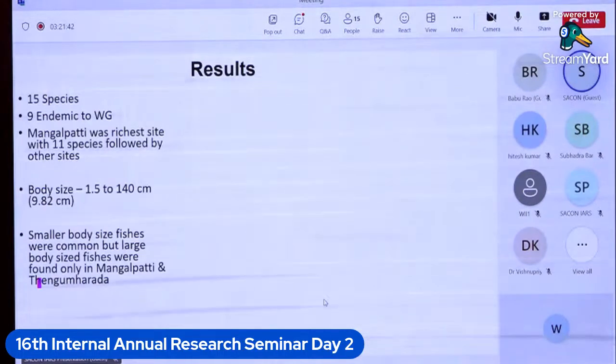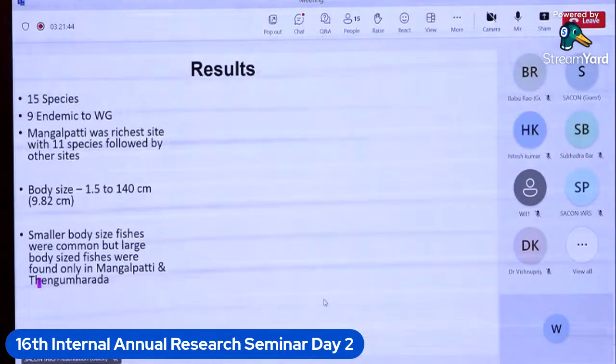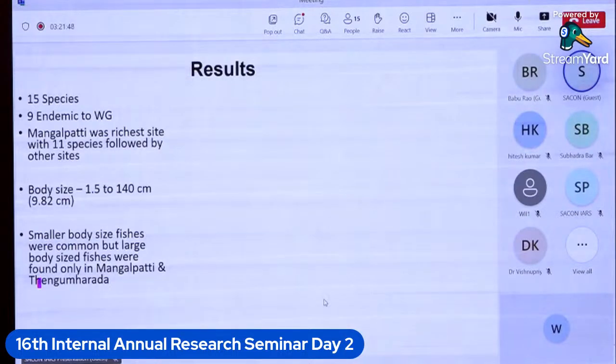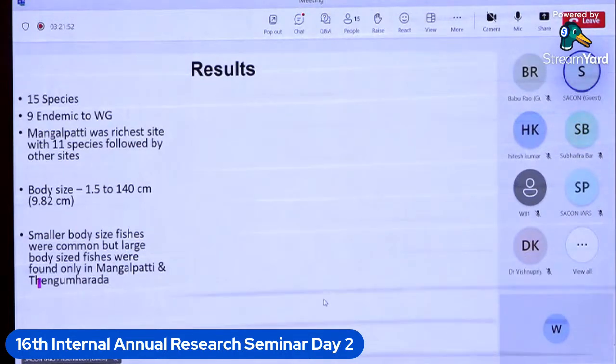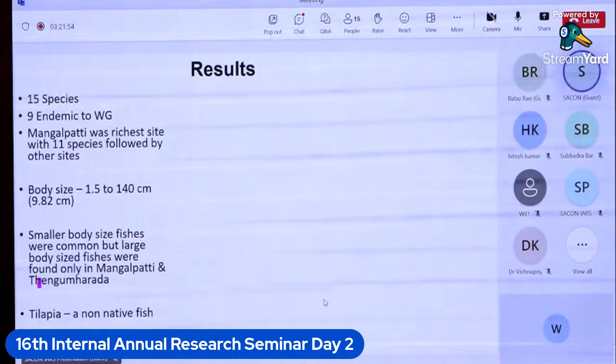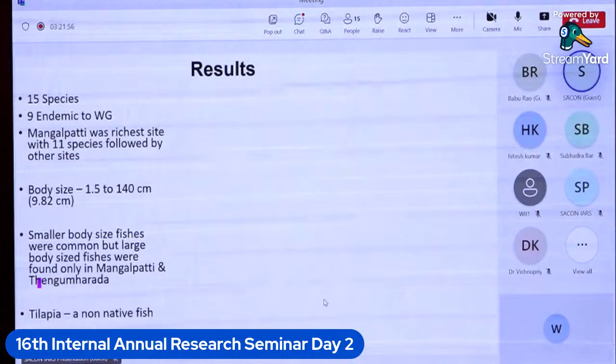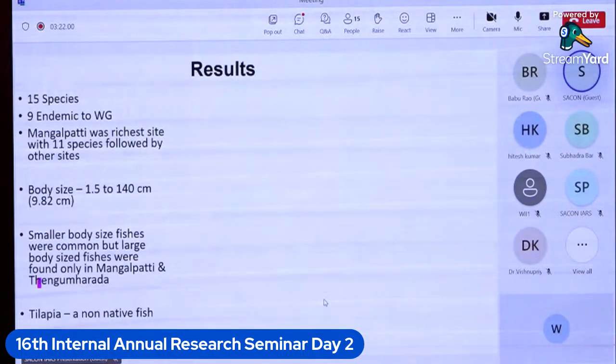Interestingly, the small body size fishes were quite common. Mangalapatti and Dhenumar, which is a protected region, so remote locations in the Tamil. And we also found a small population of tilapia, which is a non-native fish, in the remote parts of the